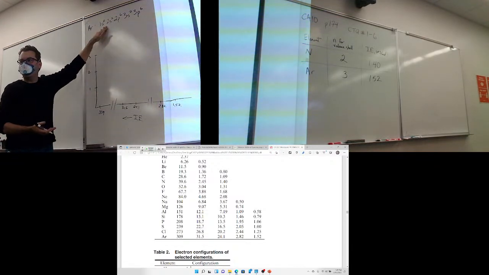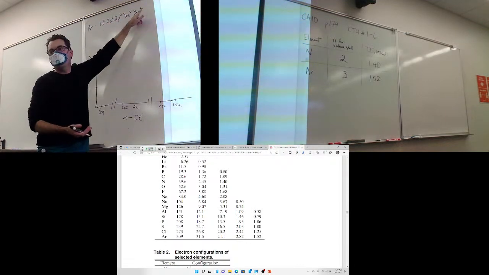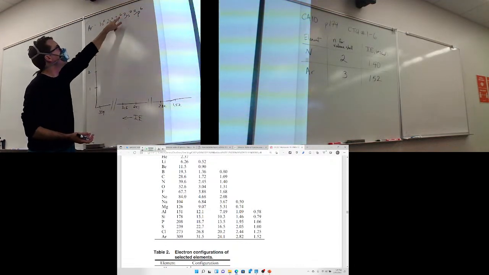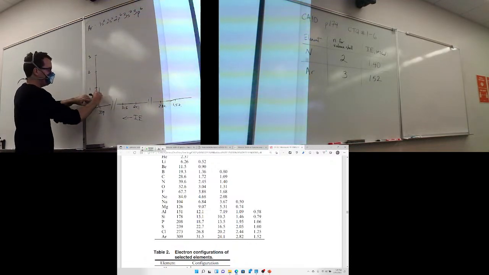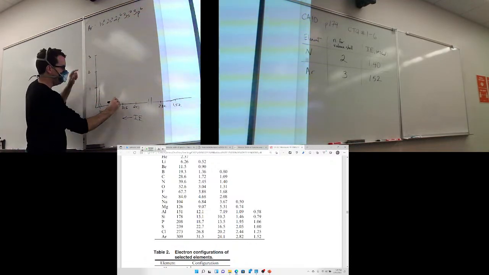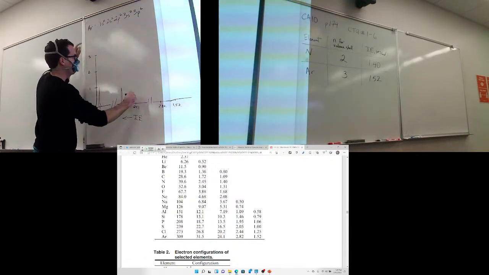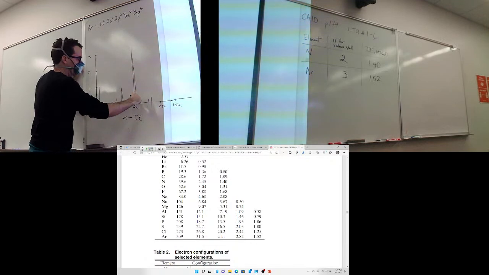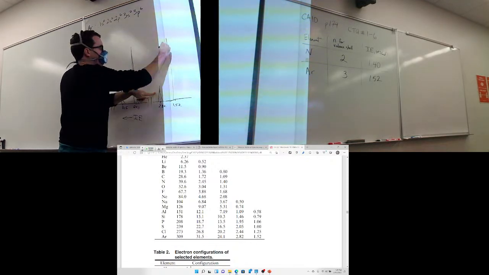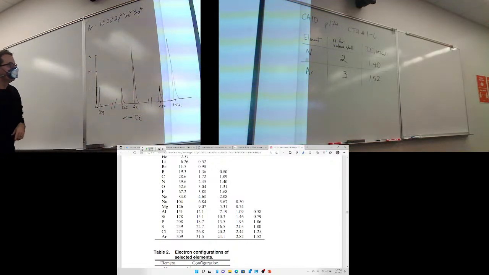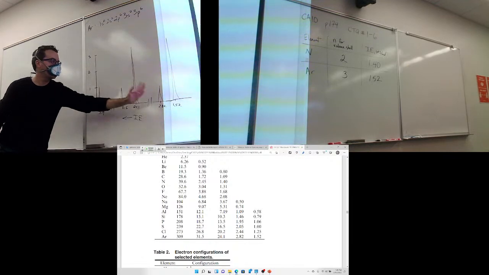This tells me the number of electrons: 2 to 2 to 6 to 2 to 6. That's the same thing as saying 1 to 1 to 3 to 1 to 3. So this is a 1. The next one should be 1 as well. The next one, 6. This one's 1. And then this one's 3, not 6. So 1 to 1 to 3 to 1 to 3, 2 to 2 to 6 to 2 to 6, same